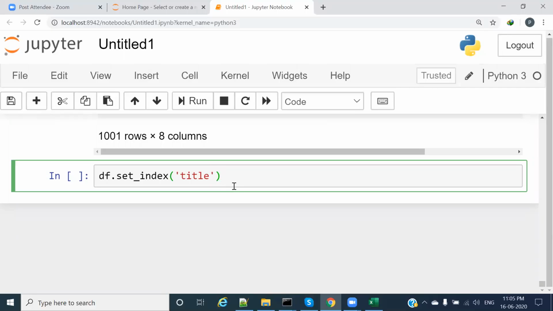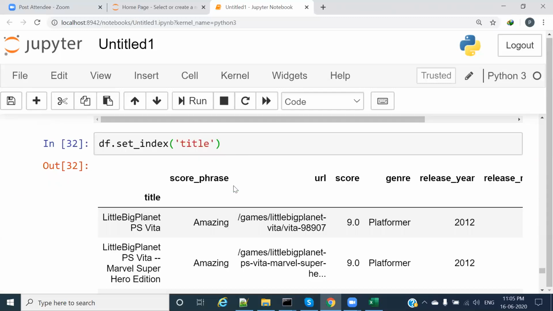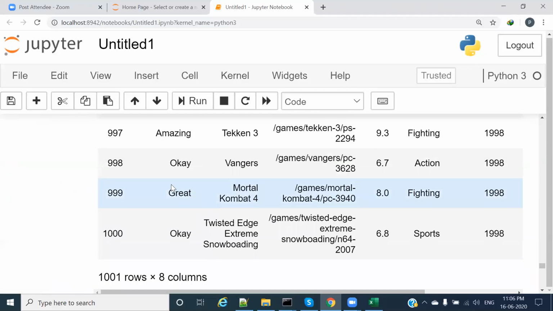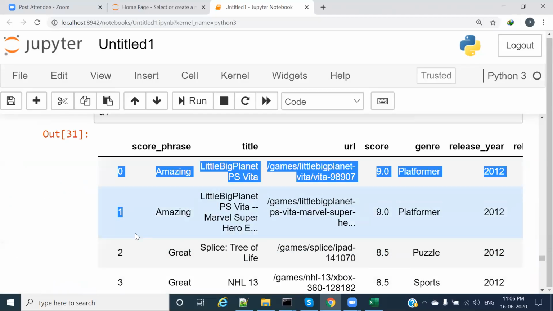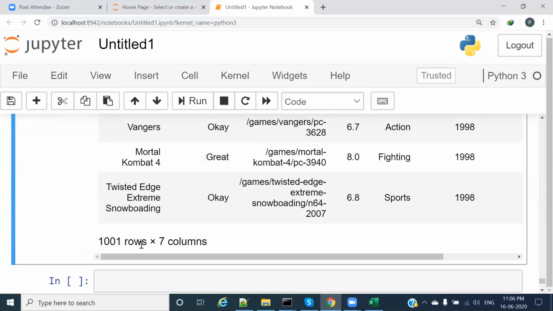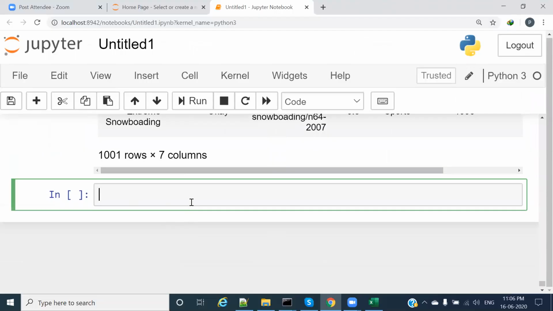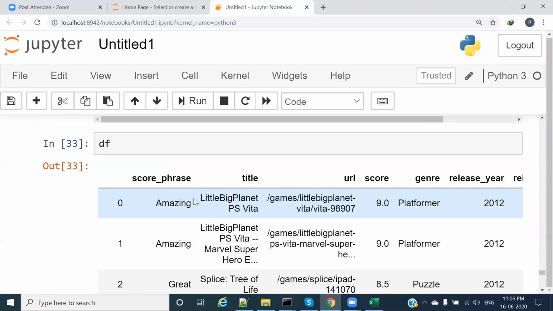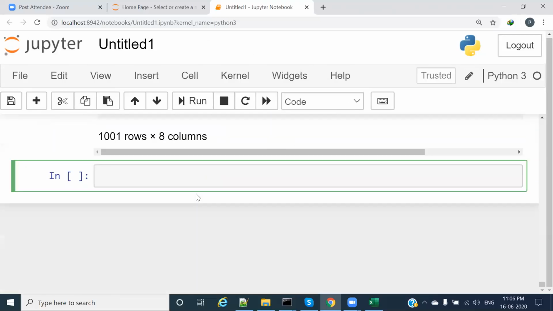See here, there is one more attribute. First, I will execute this. Here, I am getting title as an index. Previously it was 0, 1, 2, 3, and so on, sequential values. Now, if you see the index, it is title. But execute again, whether it is really set as an index as title. See here, no. Directly it will not affect the data frame. If I want it to take effect in the data frame,